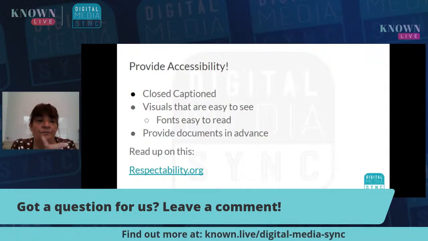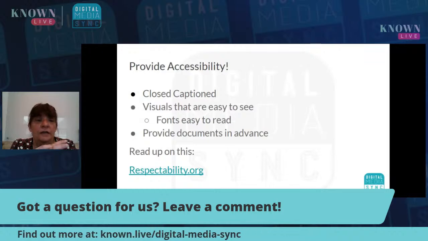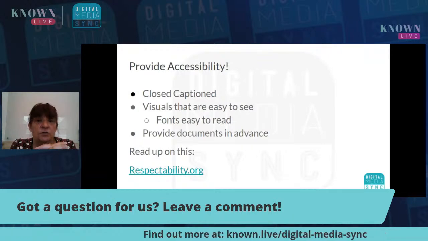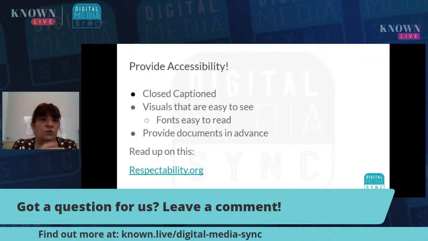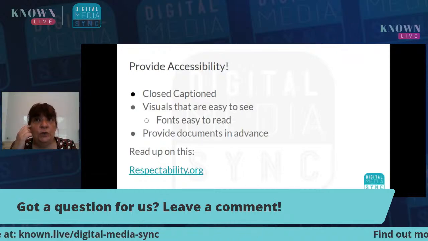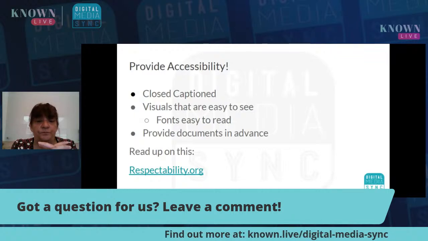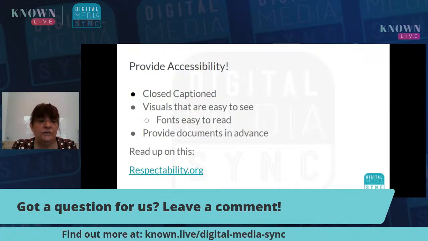The other thing you might want to do is provide documents in advance to those who are going to need to use a reader or have any other kind of special considerations.